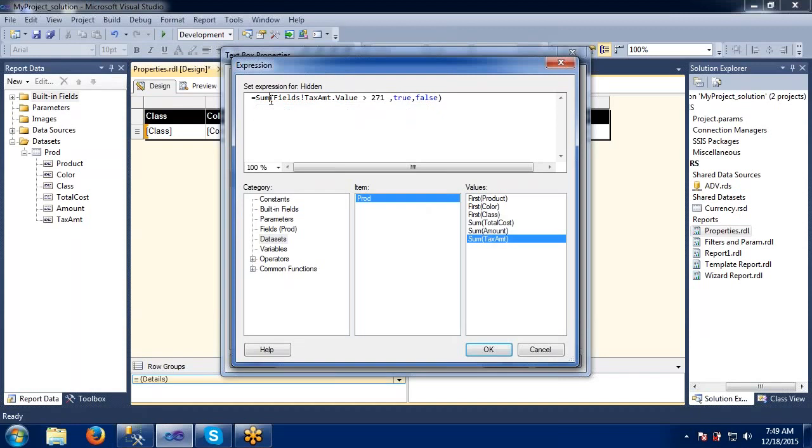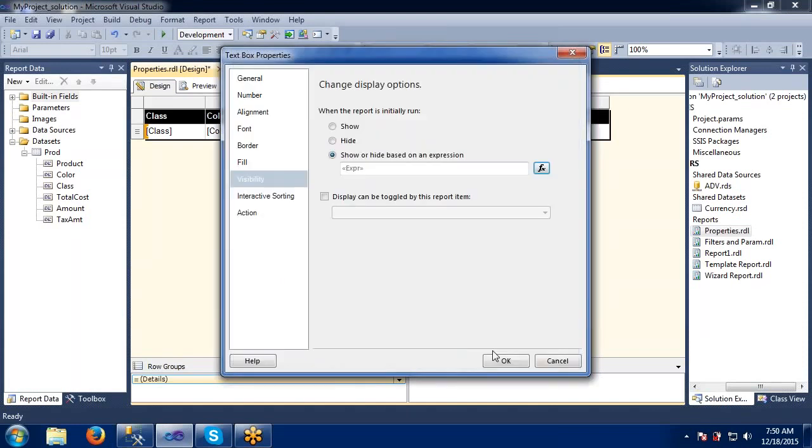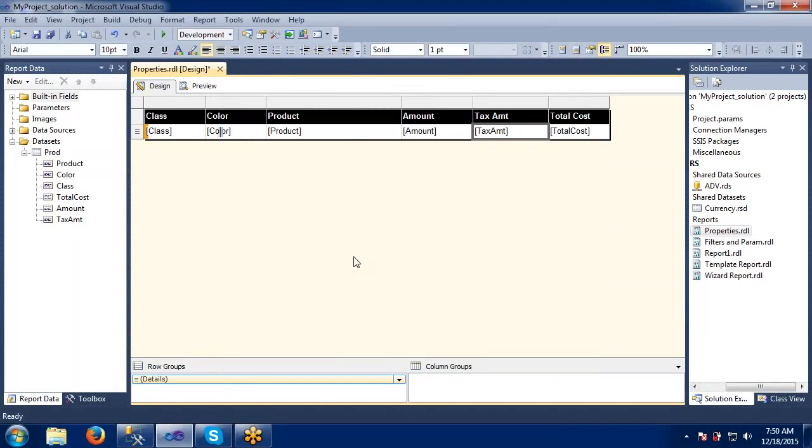That's it. I have written one simple expression here: if the tax amount is greater than 271, then only it should be displayed, or else it should not be displayed.